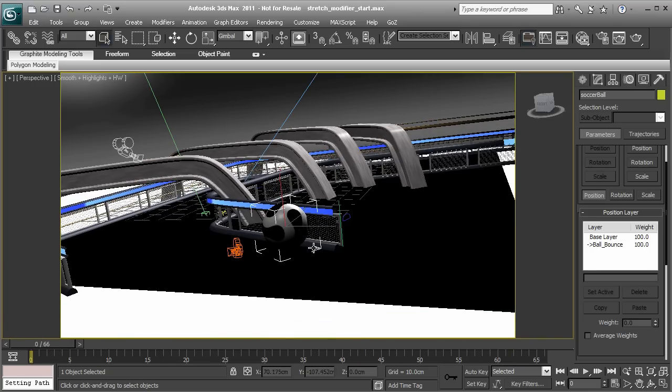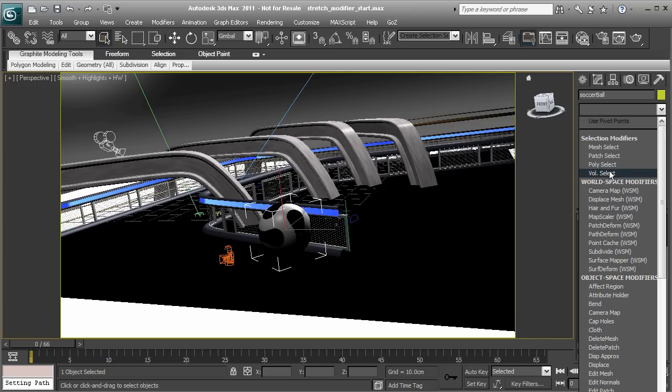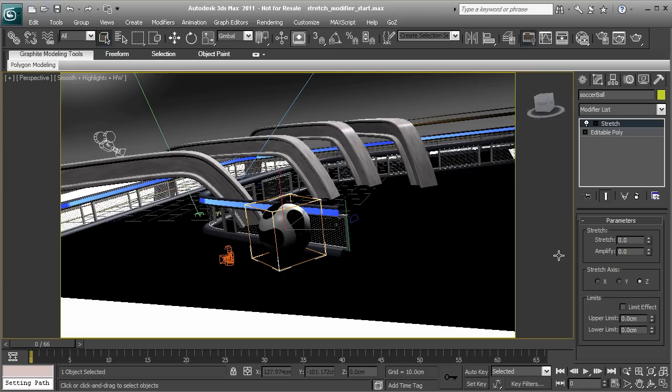So with the soccer ball selected, we'll head over to our Modify panel, and under our modifier list, we'll press the S key. This will help us to quickly get to the stretch modifier. There we go. Alright. So now that it has been added, you can see its border that surrounds the soccer